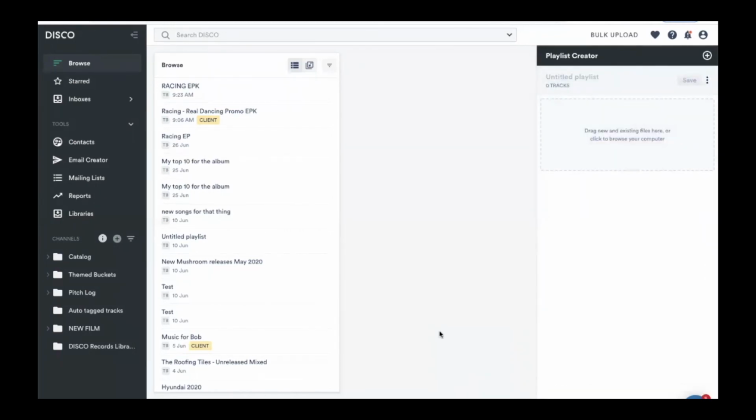There's heaps more happening in here that we haven't covered, like contact management and bulk emails and organization. So once you're in there, you'll learn a lot more about lots of other tricks that will make your life simpler. Oh, the phone app, lastly, there is an iPhone app. So you can listen to all your music from your phone on the go. You can build playlists and search and send. So that's a whole other benefit to having a Disco account.